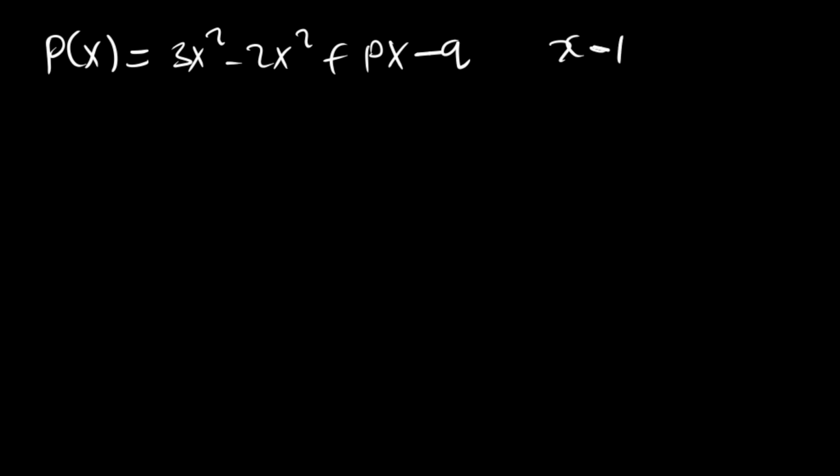Okay, is divisible by x minus 1 and leaves a remainder. The remainder which is going to leave, if it is divisible by x minus 1, the remainder will be 10. Then again, they are saying that it can also be divisible by x plus 1 and leave a remainder of